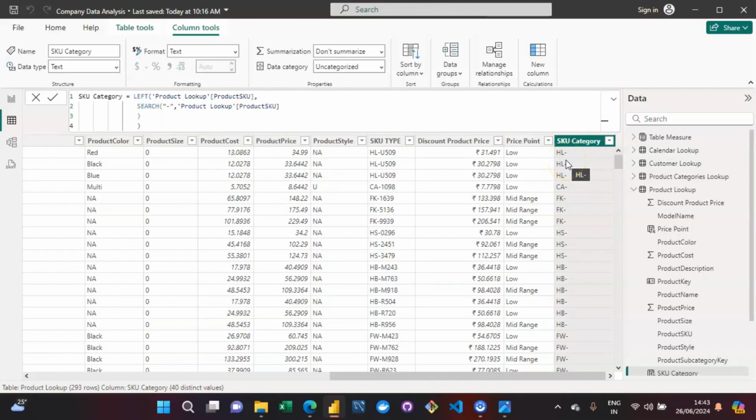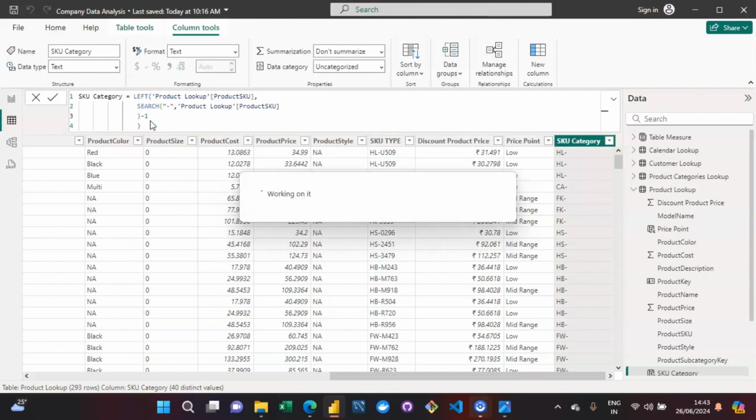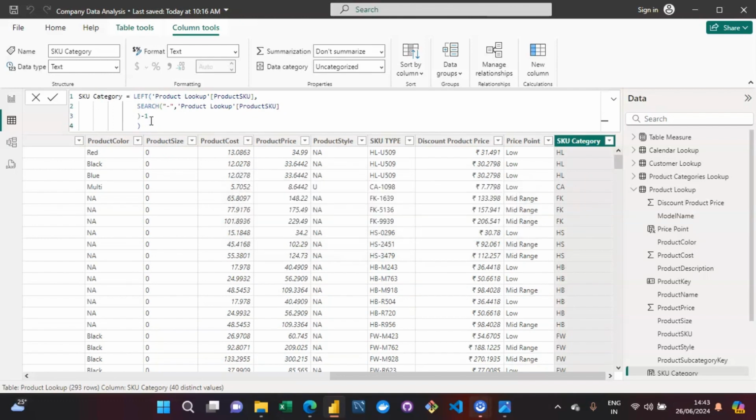So out of the three characters, just because I'm interested in the first two characters, that's why I will be passing on the value as -1 over here, so that only the first two characters out of three you will get to see. Let me pass on -1 over here, and then you'll get to see the changes. That is, you are able to extract the information from the product SKU table that is there before the